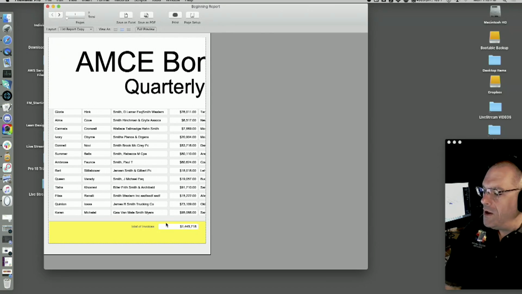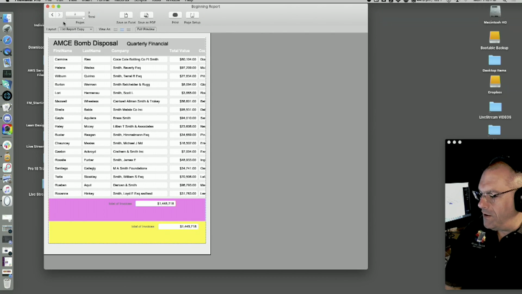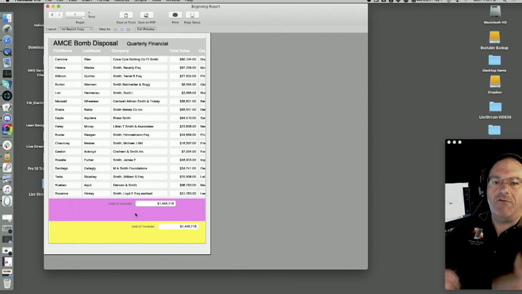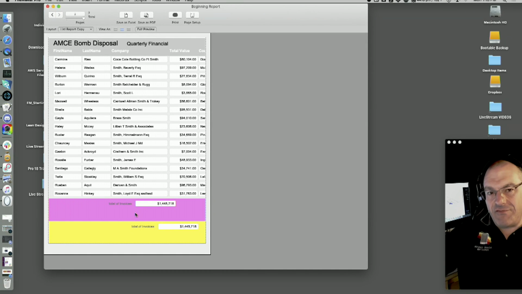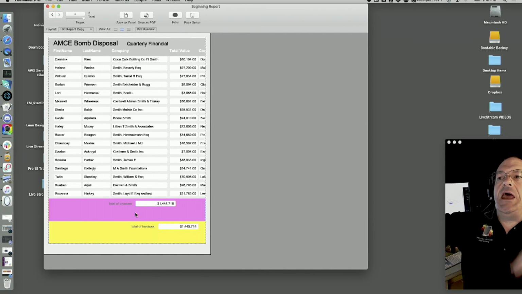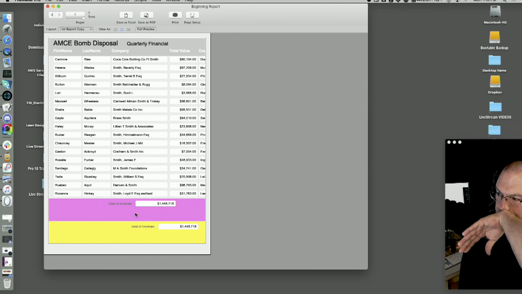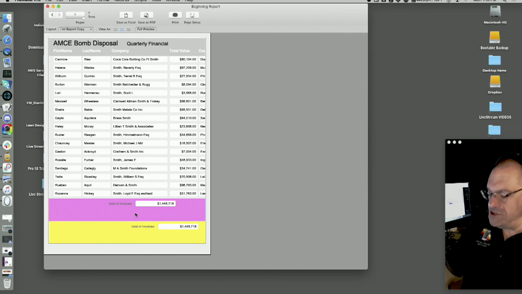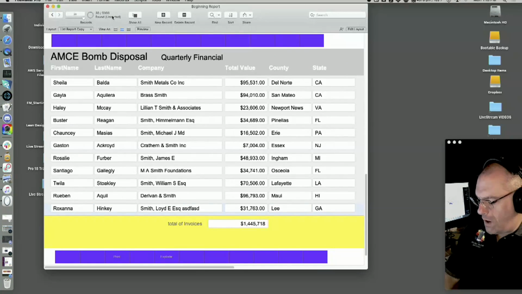So there's a footer. Now watch the footer over here. If I go over here, the footer's still here. It has the same amount. So on every page, the footer is there, okay? But on the bottom of the last page, you will have the grand trailing summary. So basically the totals cover everything of the found set, and they are at the bottoms of the pages, right? I have a found set right now of about 30 records. So let's widen this out.